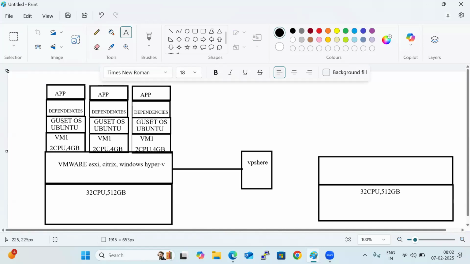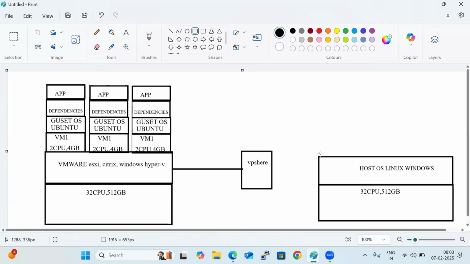Previously, we installed the operating system on the VM, and that is called a guest operating system. If we directly install the operating system on the hardware itself, it is called the host operating system. It might be Linux or Windows. It's your choice whether you go with Linux, Windows or Macintosh. On top of this, I am going to install the Docker engine,